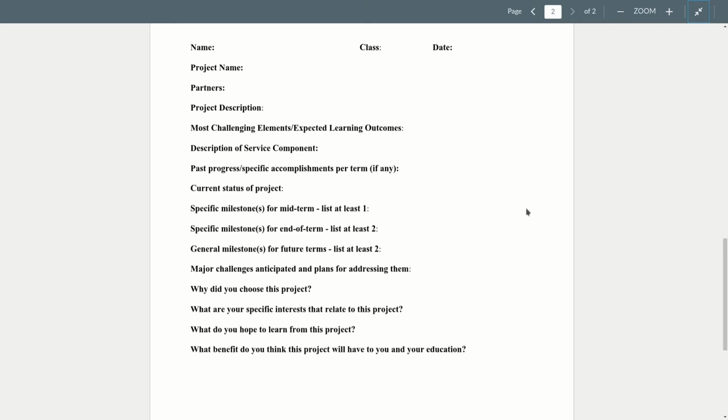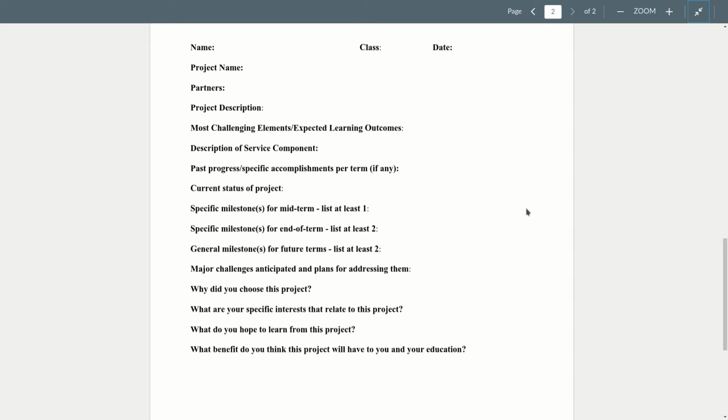Okay, so I would like you to specify at least one specific milestone for the halfway part of this quarter. So say the end of week 5 or 6. What do you want to have done by then? And try to think of something that you can actually check a box and say, yes, I've done this, or no, I haven't. At least 2 specific milestones for the end of fall quarter. So this is for the presentation at the end of, so it would be the Tuesday of week 10, or week 11. What do you want to have done by then?